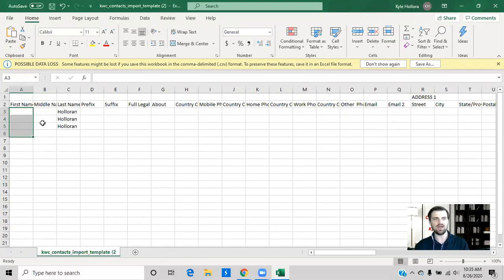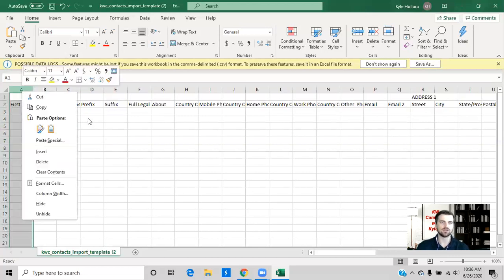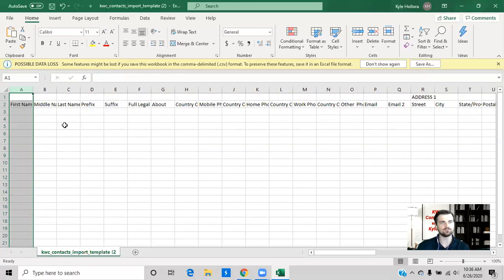Now, in the case of you have a current CRM or a database, what you need to do is copy and paste the columns from the original CSV file to this CSV file. It sounds like it's a lot of work, but if you actually think about it, all you have to do is go to that and either copy and paste the column, right? So in your original CSV file, you can highlight everyone's first names, hit copy,